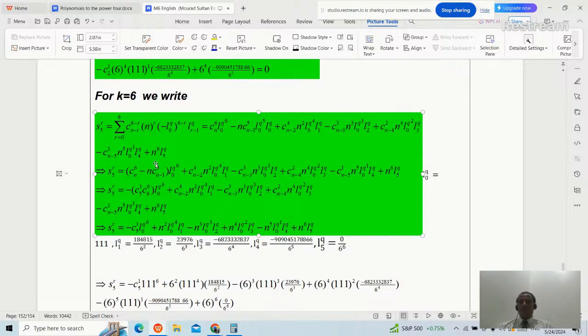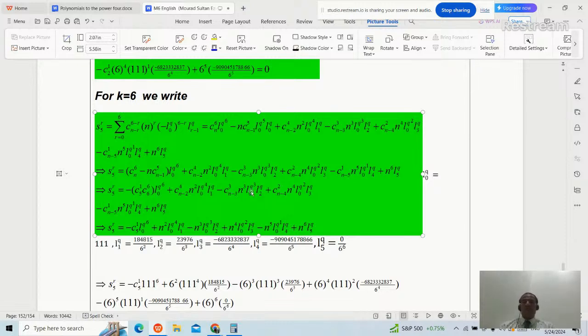Okay, this one, after calculation, you can see that it is equal to negative combination 5 choose 1, times here combination, of course, 6 choose 6 is 1, no need to write this one. Plus combination n minus 2 choose 4, in fact is 1 because n is now 6. Therefore times n squared L0 of all the q to the power 4 times L1 of all the q minus combination n minus 3, n is 6, 6 minus 3 is 3, choose 3 is 1. No need to write it, but it should appear in the formula. So it should appear for the learners after replacing the value of r in this discriminant formula